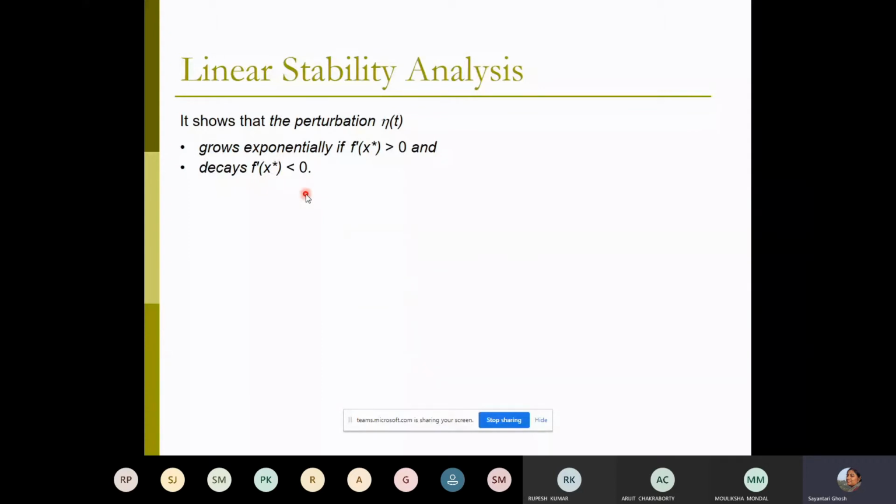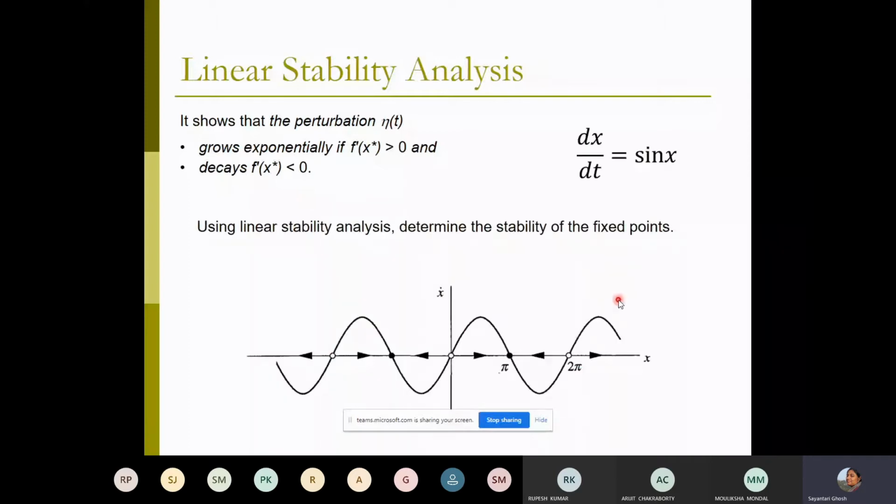So the derivation was insightful. If you haven't seen the video yet, go and see it. But the basic thumb rule of this method is this. Say we have this equation, we know this equation, right? We solved it in our very first class: dx/dt equal to sine x. When we learned about graphical analysis, we drew it and saw the points where x dot, the function, is 0. So these were the fixed points, and we determined them from the graphical method.